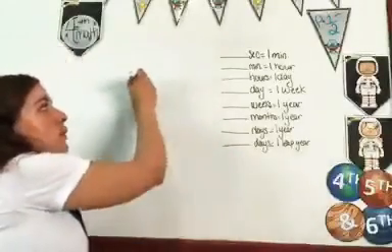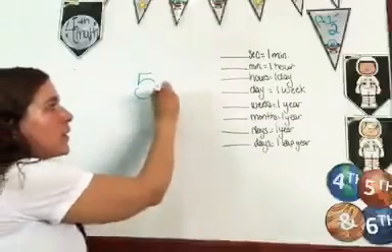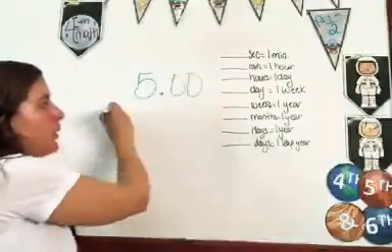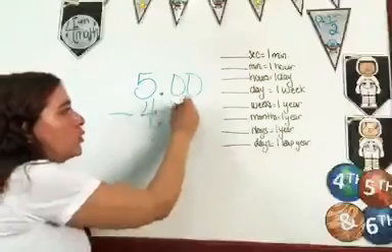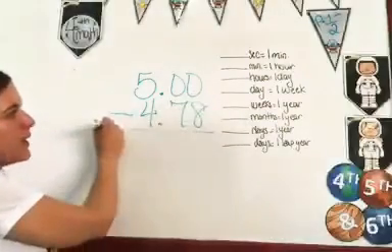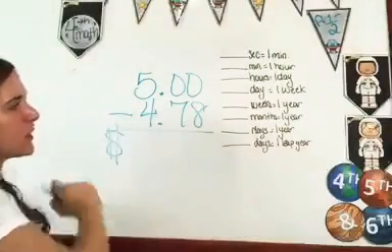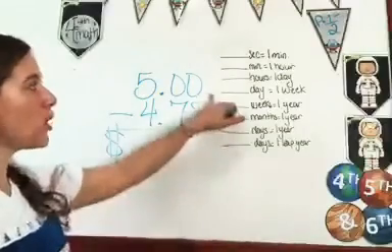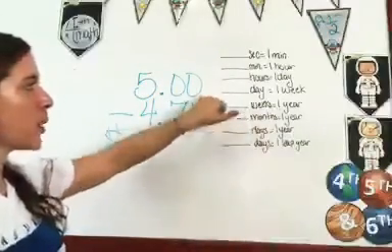But now you have to be careful. You have to write $5 with the .00. If not, you're not going to know how to subtract it, okay? And then you get your answer with your dollar sign. Make sure you're borrowing. I'm going to do this one with you so you make sure you're borrowing correctly.